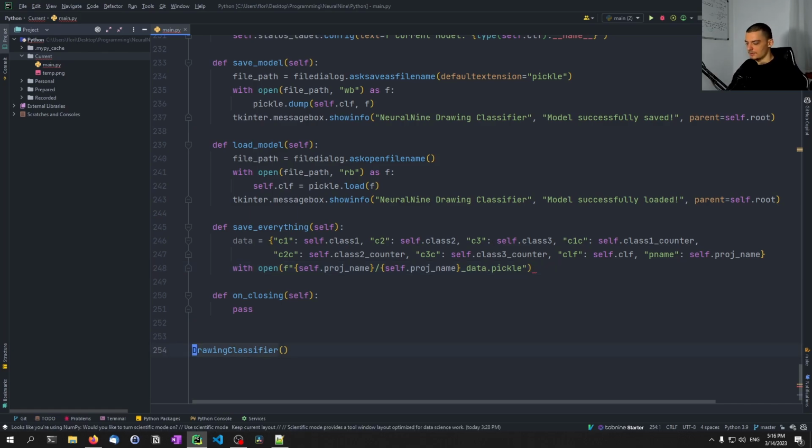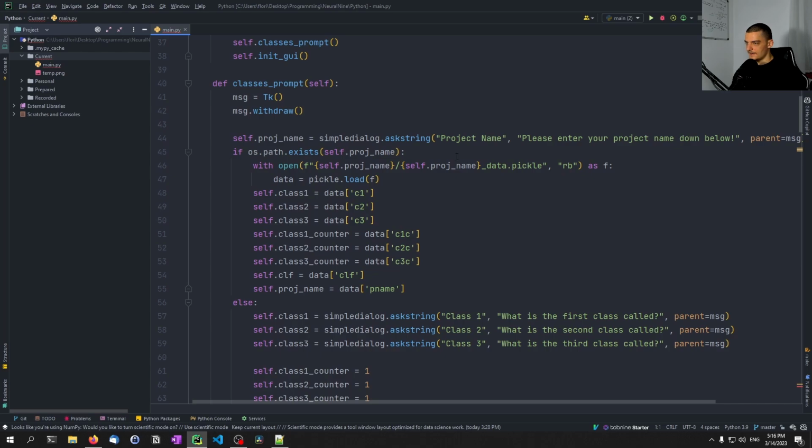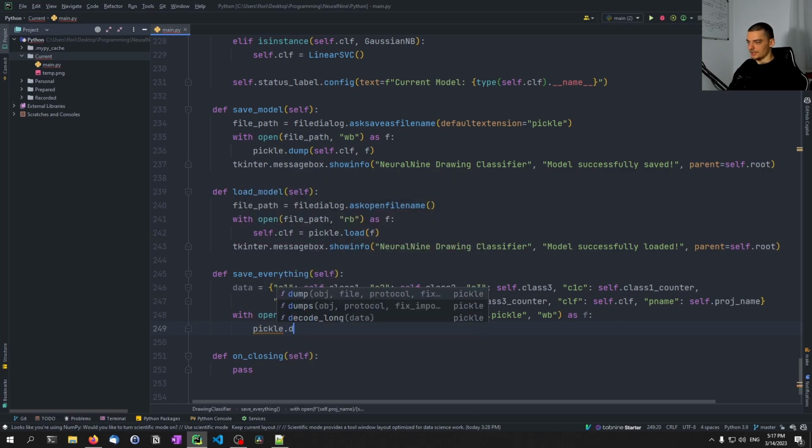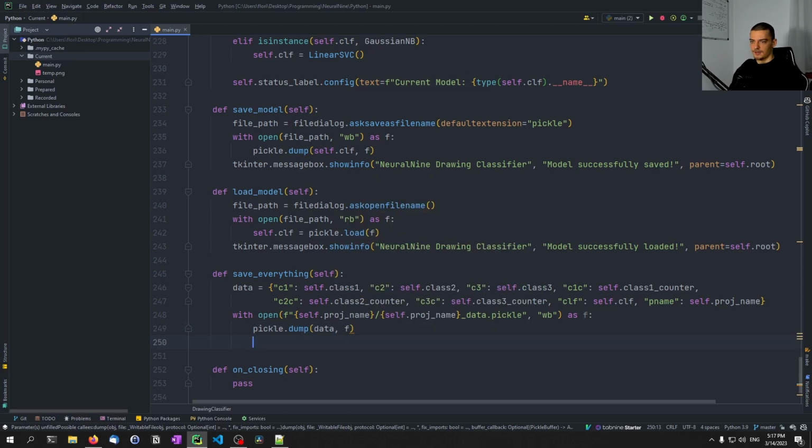So if I go back up, this is where we loaded this from. So I'm going to store it there. And we want to open this as writing bytes as f, and we want to say now pickle.dump this dictionary here, this data, into the file, and then we can again display a message box, show info,